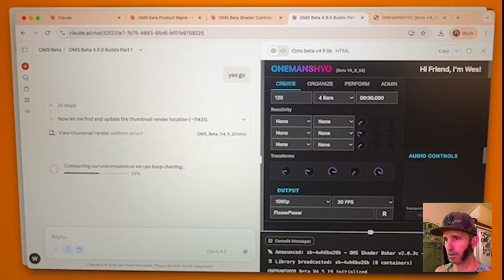Since I don't have a lot of experience on the core code side of that, but I do know how important it is, I really insisted that we work on this, we being Claude and I, to establish certain things. So it's gotten pretty good at spotting some of those things sometimes where we made mistakes earlier on before I realized, like, Claude